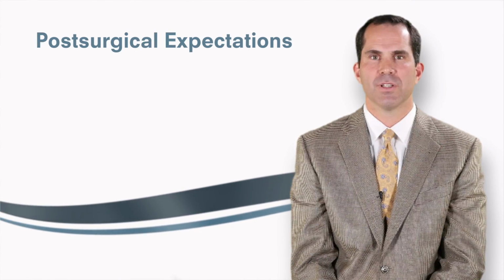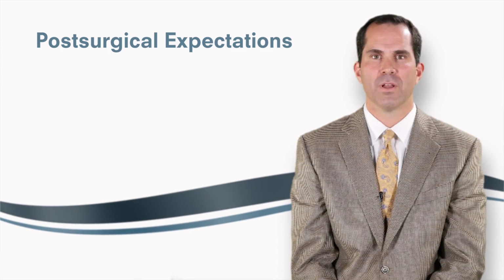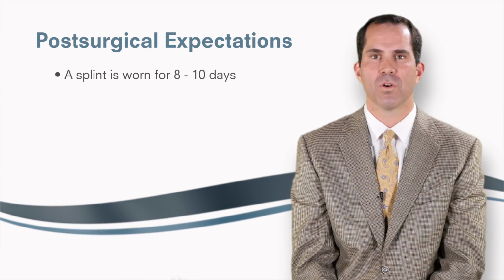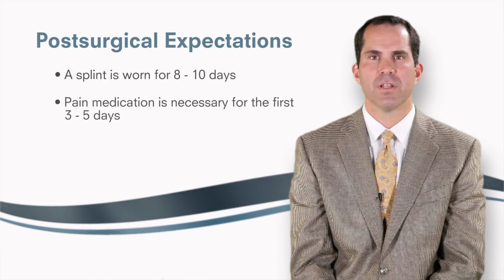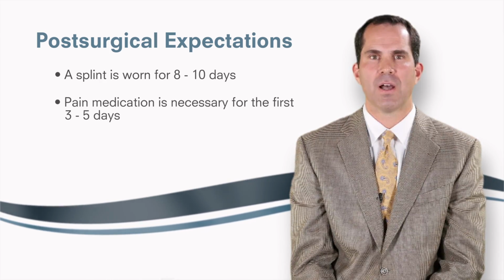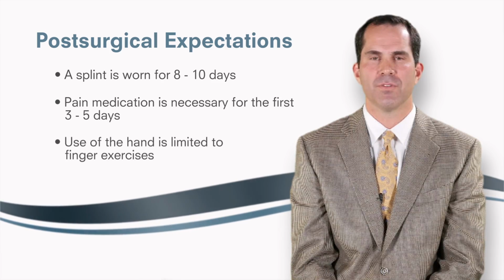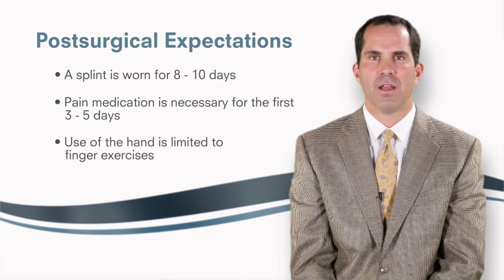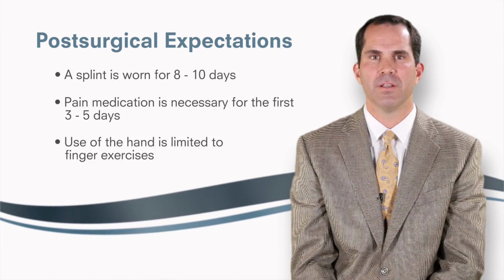Following an open reduction and internal fixation surgery, the patient is sent home with a well-padded splint that is worn for 8 to 10 days. Pain medication is often necessary for the first 3 to 5 days, and use of the hand is limited to exercises of the fingers. After 8 to 10 days, the splint is removed, X-rays are repeated, and the patient is